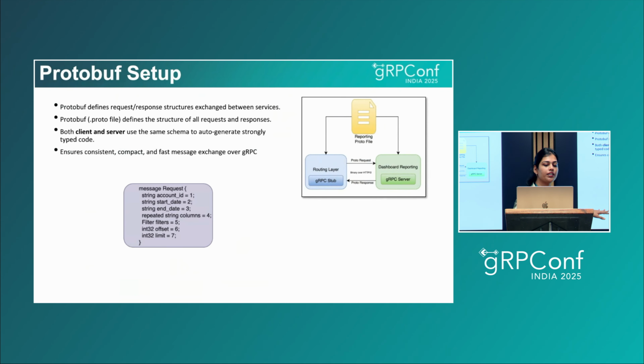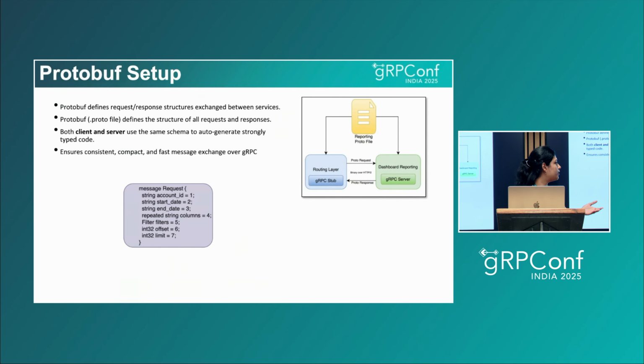Here we are showing a sample of a proto request that fits our use case. We have the account ID. As we saw, all the data is managed at an account level, so we first pass in the account ID, followed by the start date and the end date. Since the user has the ability to choose custom intervals, they are not predefined. They have the option to choose from 30 days up to lifetime metrics, which can span 2 years. This is where we use the start and end date fields.